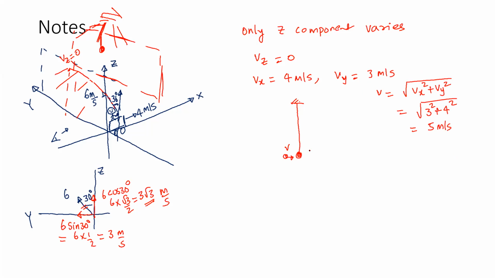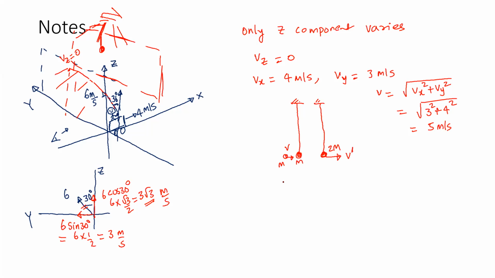Now, after hitting, what is happening? They're becoming one system. Let's say I'll draw it slightly separately. So you have, let's say, the mass is m and m. The system is becoming mass of 2m. Now, what is the velocity with which they will start moving? I can use conservation of linear momentum here.